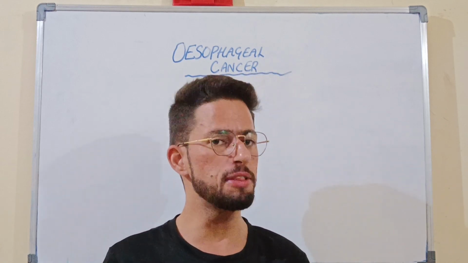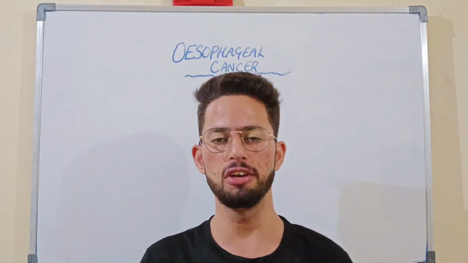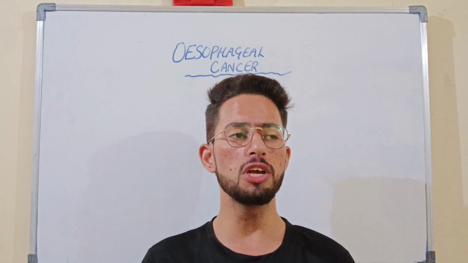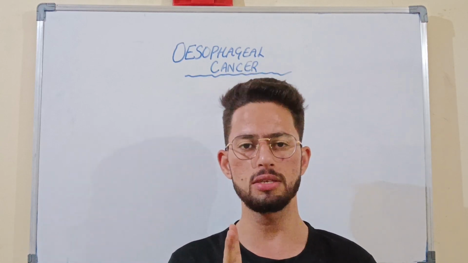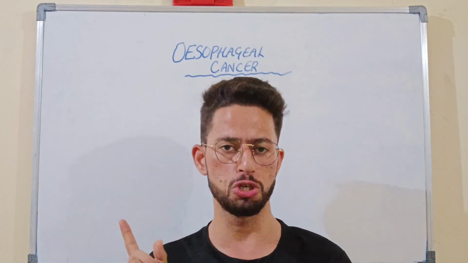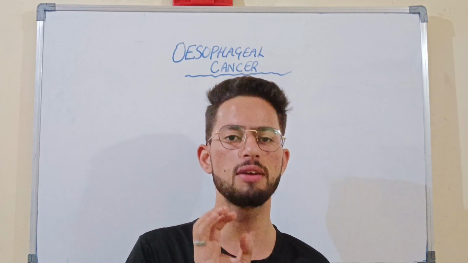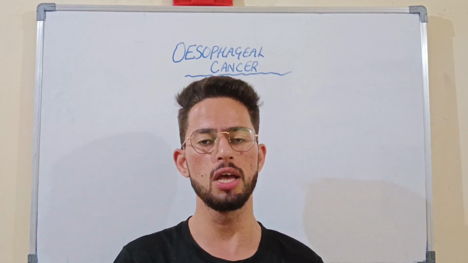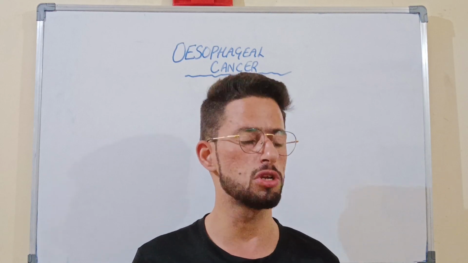What is T3? T3 means when the tumor invades the tunica adventitia. What is tunica adventitia? It is the outermost layer of the blood vessel. There are mainly three layers in the blood vessel. The outermost is known as tunica adventitia, the middle one is known as tunica media, and the innermost is known as tunica intima. So this tumor will be invading the tunica adventitia, the outermost layer of the blood vessel.